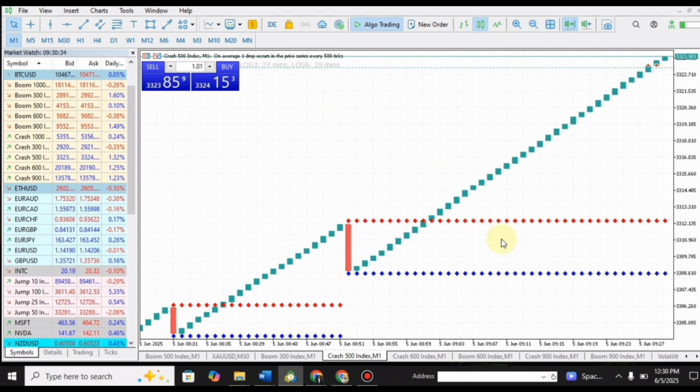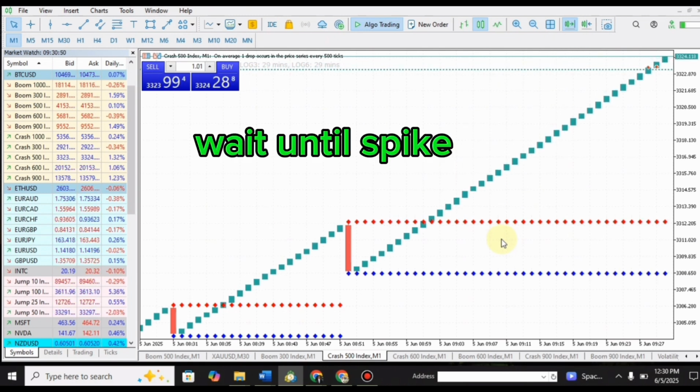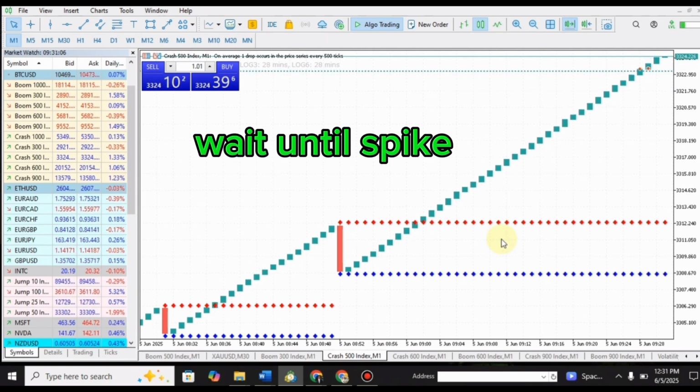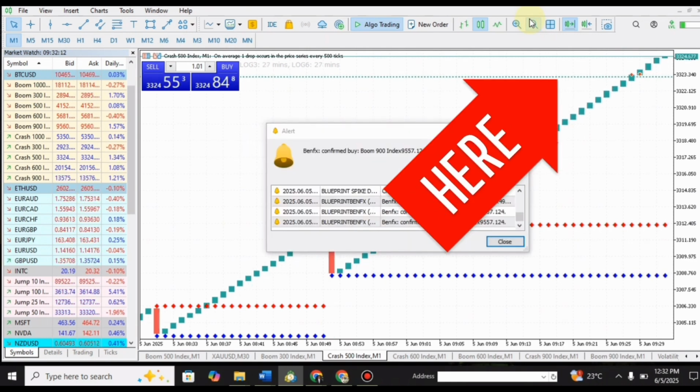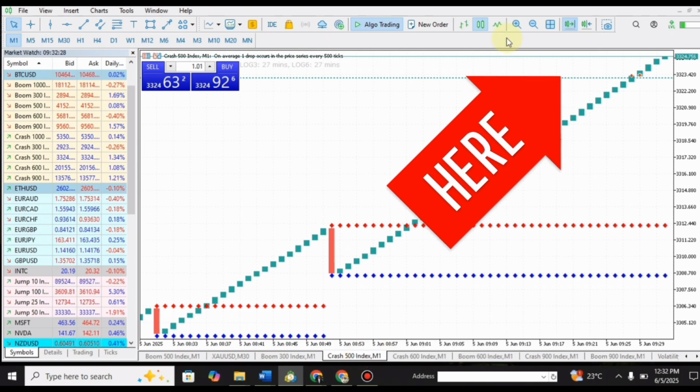So we entered the trade. We can see already this is 2 candles from when we got the entry, and the market is still going. You continue holding. And remember, if the 7 candles come and the spike does not happen, exit that market and